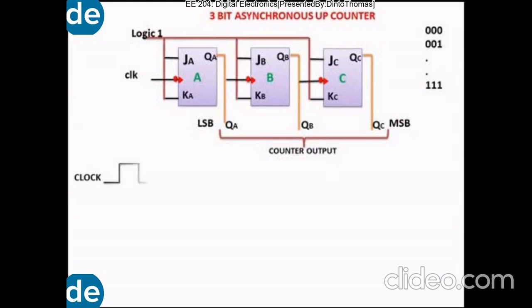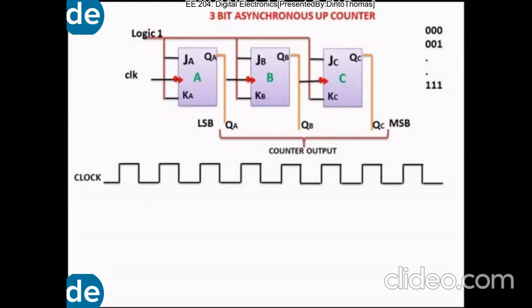If we draw a clock pulse and represent the negative edge triggering, based on the cycles 1, 2, 3, 4, 5, 6, 7, 8, the negative edges are to be marked, because only based on these will the response of the flip-flop occur. In order to understand the timing waveform of a 3-bit counter, we require at least 2 raised to 3, that is 8 cycles. In the case of 4-bit, it requires 2 raised to 4, that is 16 cycles of the clock pulse. So here we are dealing with 8.